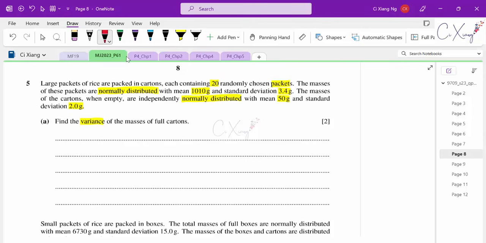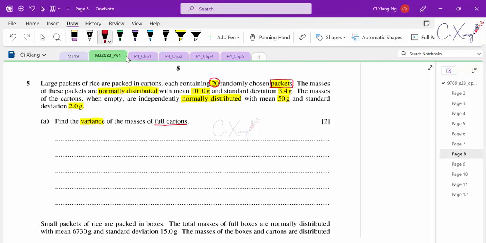So first of all, we need to know the meaning of full cartons here. Full cartons have 20 randomly chosen packets. That means I'm having packet number 1, number 2, number 3, number 4, until 20 to put inside the carton. So to calculate the variance for full cartons,